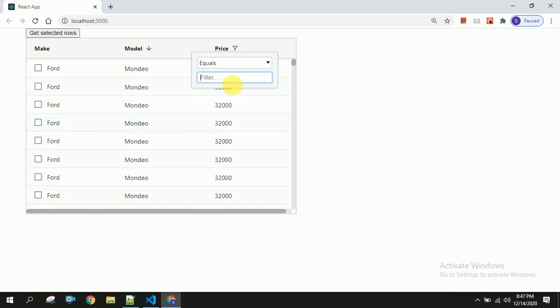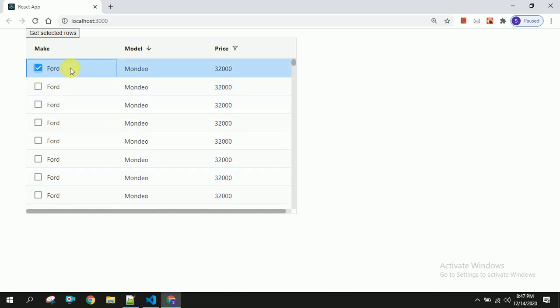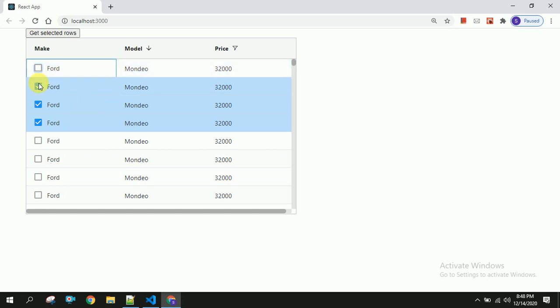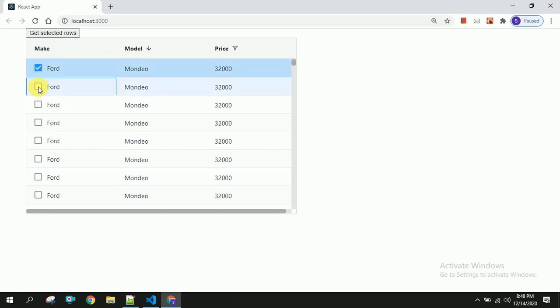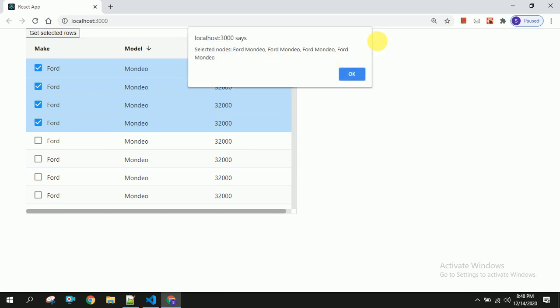And the next thing is the selectable checkbox. You can see the checkboxes here. We can select only one checkbox, or we can select multiple checkboxes in this AG grid. Checkbox selection is somewhat difficult in other grids, but with the AG grid, it is very easy. You will know that when we write the code. Once I select these, if you want to get what the user has selected, you can click on this and you can get it.